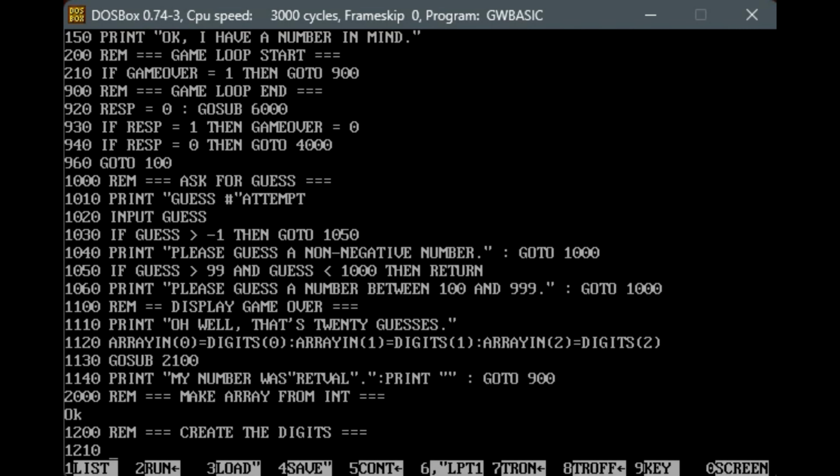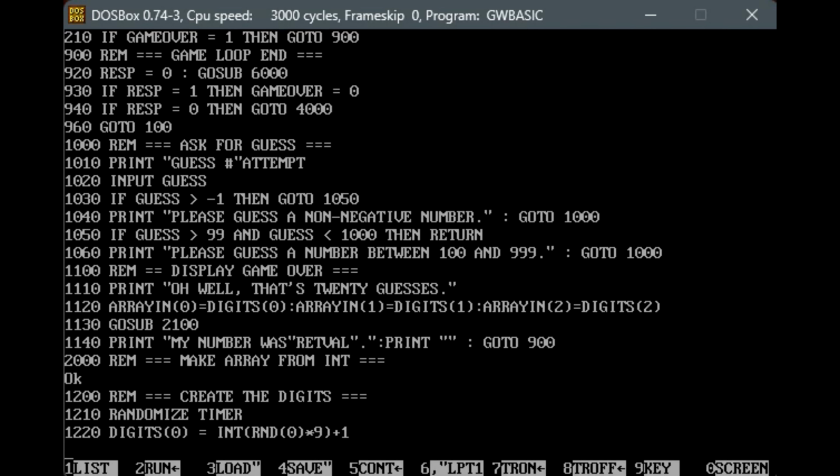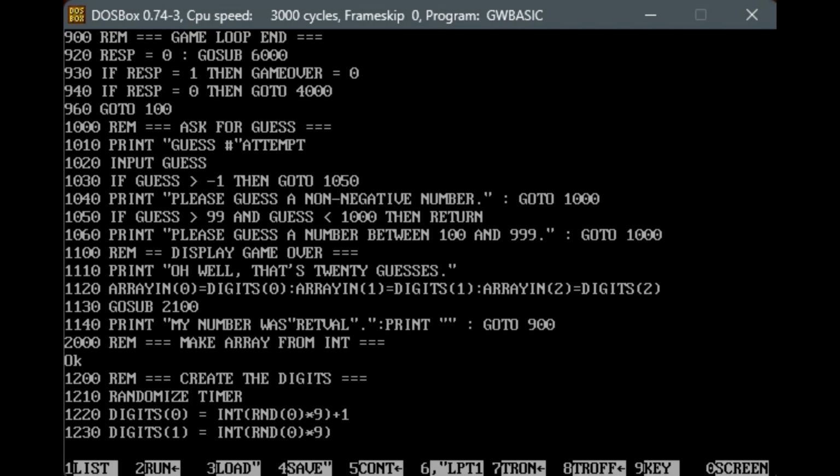We are going to randomize timer, right? 1220. We are going to put into digits 0, INT(RND(0) times 9) plus 1 into 1230. We're going to put digits 1 is equal to INT(RND(0) times 9), and then